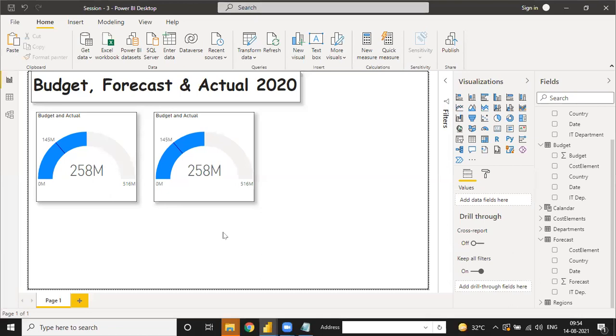Are you able to see my screen? What is happening? Just a minute. Now tell me. Yes, now you are able to see.